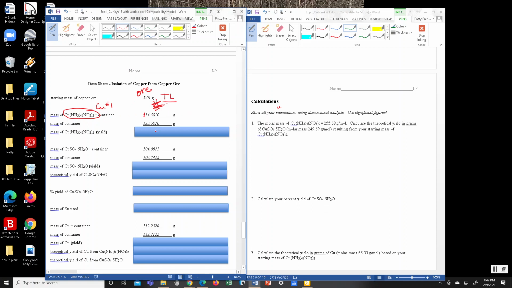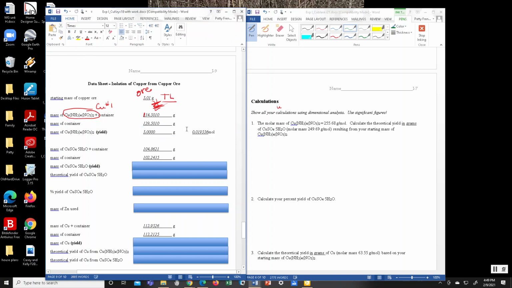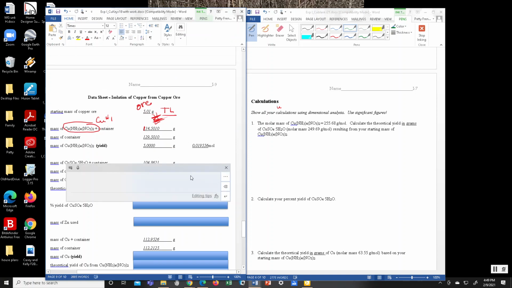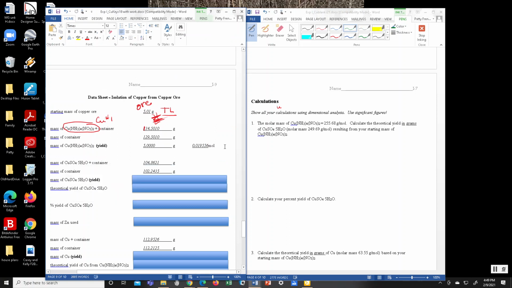So when we subtract these two, we found that we had 5 grams of the copper